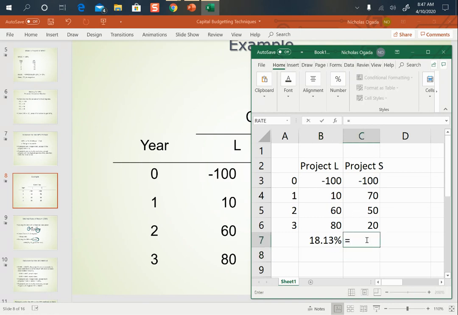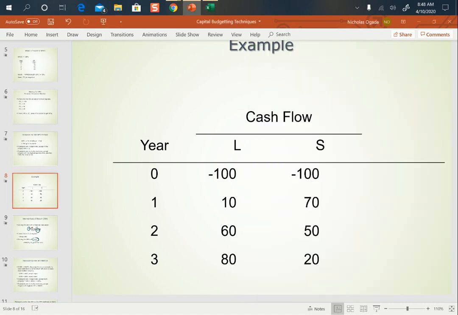And for project S, again, I will do the same thing. We are looking for internal rate of return. Again, these are the cash flows. You select all your cash flows, and then of course you enter, and this will give us 23.56%. So if you're thinking in terms of making decisions, you have an 18 and you have a 23. So in terms of making decisions, we found that our IRR